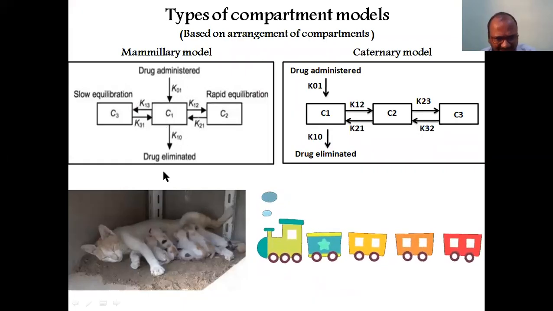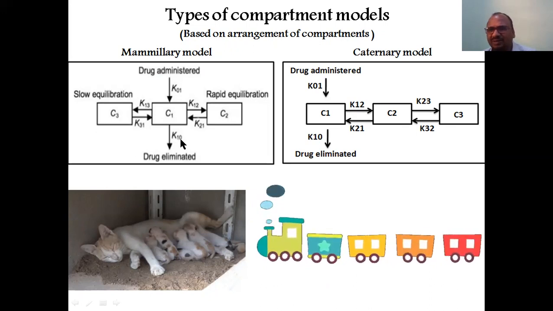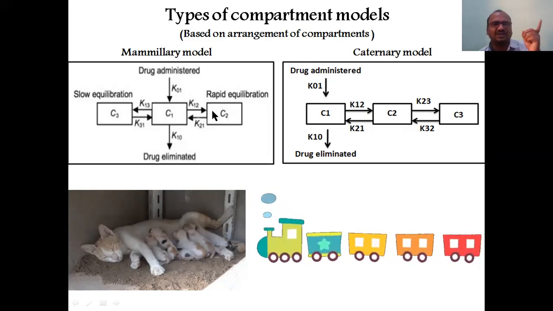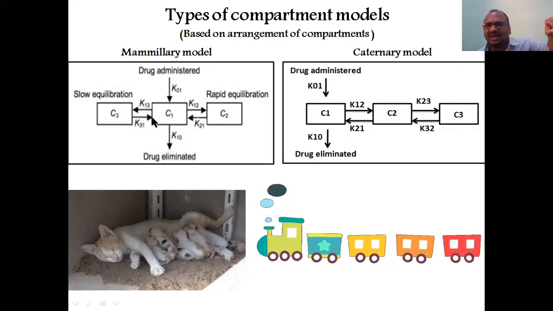Whereas here the drug is eliminating. When the drug is eliminating, the rate constant of elimination is K from 1 to outside. That's why here we mention 0: K10. See here the distribution rate constant, K12, from the first compartment to the second compartment, there was distribution. That's why it is called K12. Redistribution, back distribution, is K21. Like that, very easy. See here, K13, and whereas this one is K31.